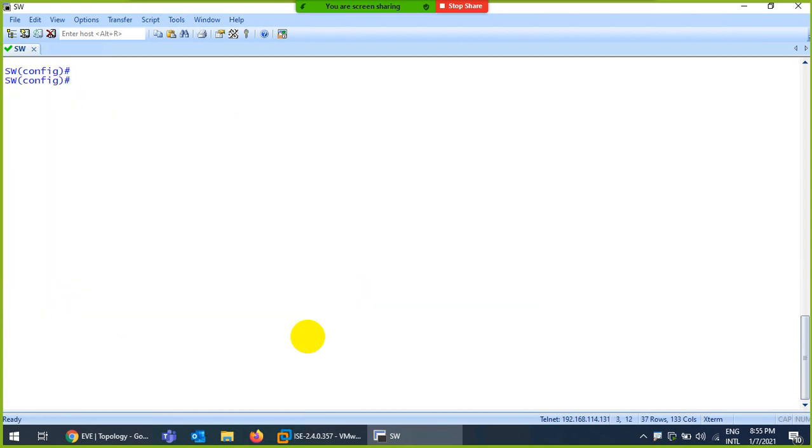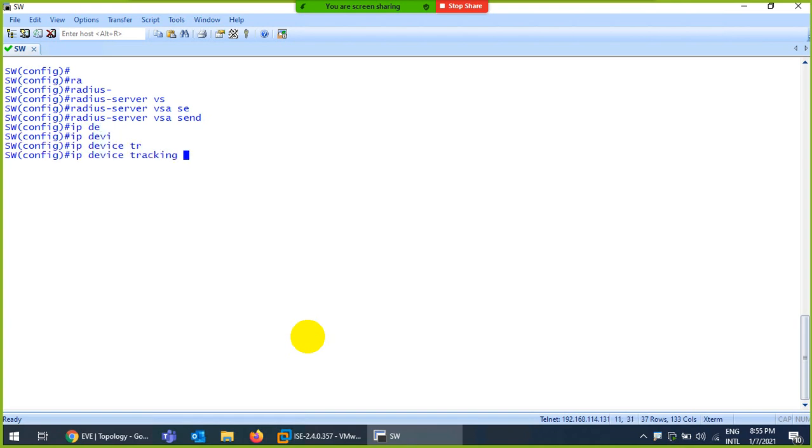Then another command I will type in configuration mode. This command is a configuration command: radius-server vsa send. I will explain what VSA means. Send the detail. And ip device tracking. Track the IP address of the device that is connected to the network.